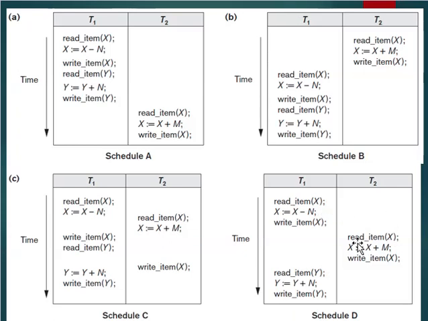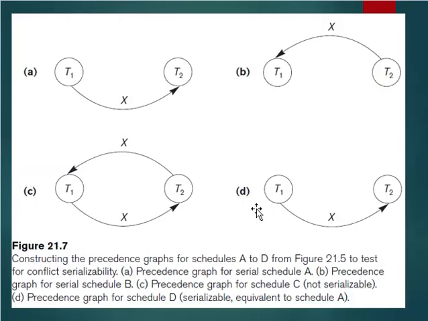Next you have to check whether read item of X then write item of X is followed by any conflicting operation in T1. But since there is no conflicting operation in T1, you do not need to draw any edge. So that's the end of the execution of schedule D. Here you can see you have only one edge, and we have no cycle. So we have no cycle for the graph of schedule D. So we can say schedule D is serializable, and we can see that it is equivalent to the graph of schedule A.